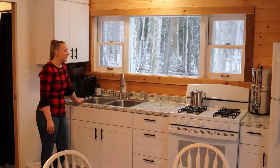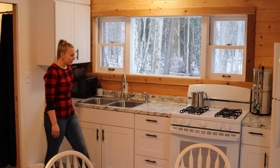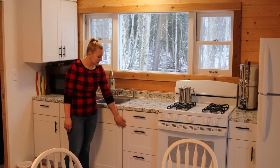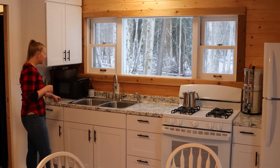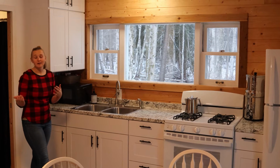so we downgraded way back when we decided we were going to move up here. And yeah, anyway, so we really like the white. We chose to do these long black handles in the drawers, and those worked out really well too. Countertop is like a gray white with the black in it,